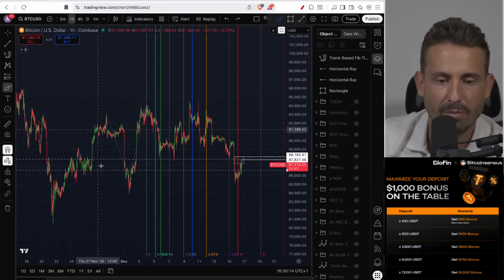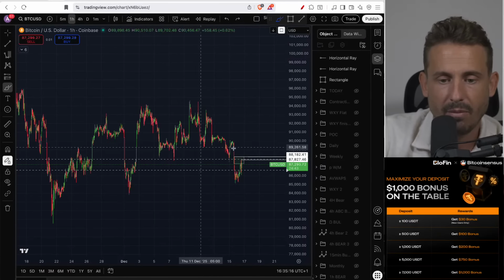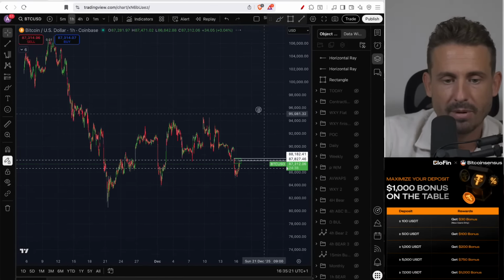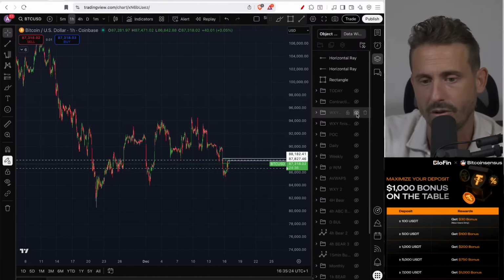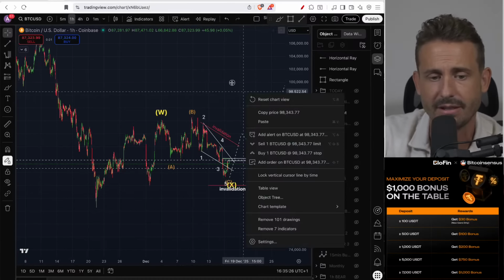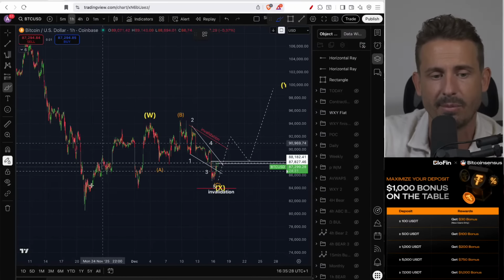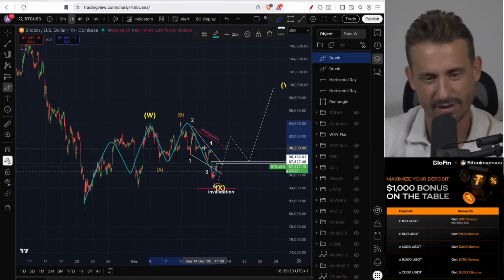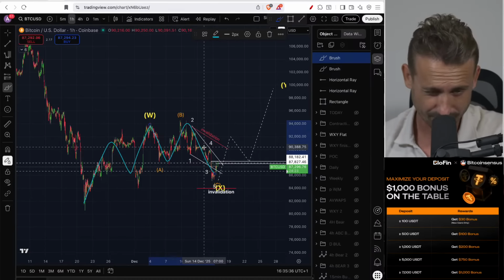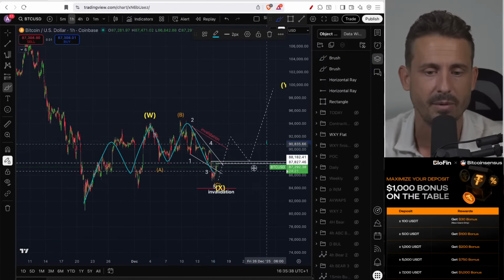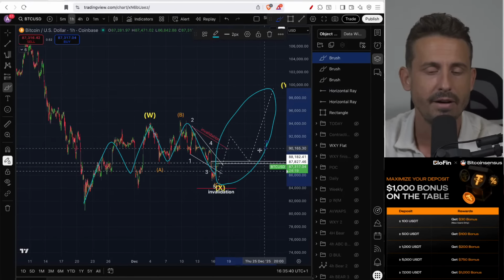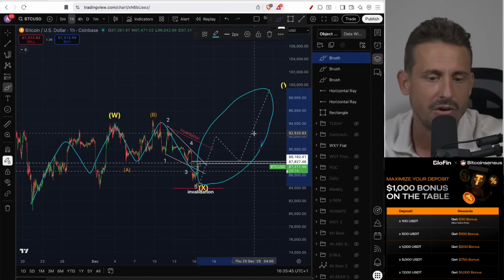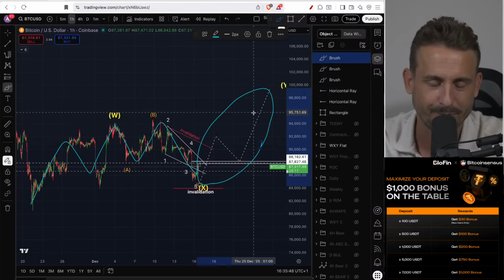If we move up in the next coming weeks, the highest probability scenario, at least for myself, is this scenario here: an extended WXY zigzag up, an ABC flat, the C wave in a contracting diagonal, and then a zigzag up throughout the next coming weeks. Still very possible. The way of identifying this, guys, unless you longed and were brave yesterday,